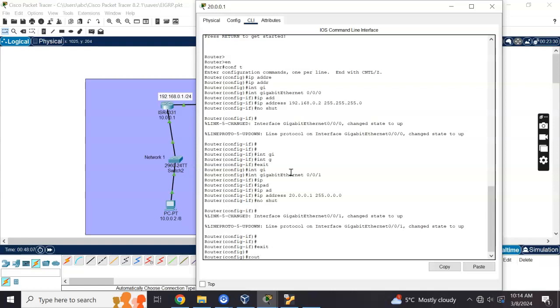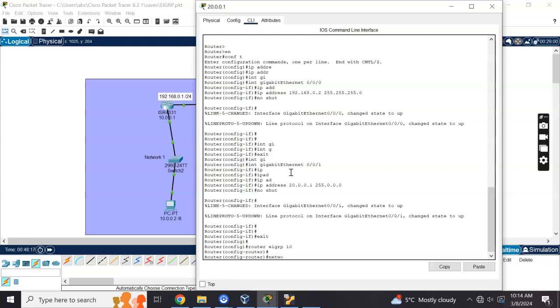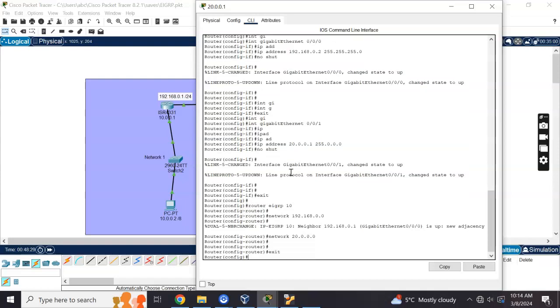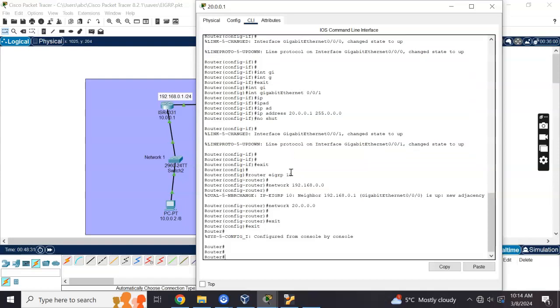The command for that is router eigrp, and we have to use the same autonomous system number that we used on the other router, which was 10. And we have to specify the networks which are directly connected to us: 192.168.0.0 and the other network we have, 20.0.0.0. Once we do that, just go back to exit and make sure to run the command show